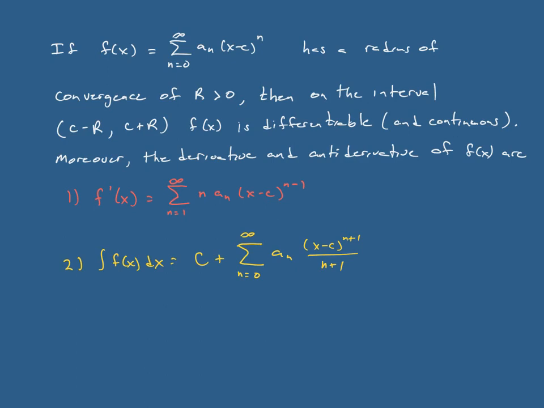Then we integrate this. The integral, again, doing the antiderivative of the power rule, the integral of f of x dx is going to be c plus the series, n goes from 0 to infinity, of a sub n, the antiderivative of x minus c to the n is x minus c to the n plus 1 over n plus 1. That will be the antiderivative. Okay. Now, the other thing that you have with this,